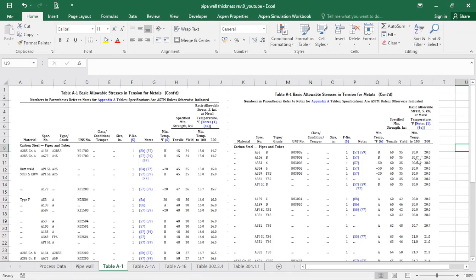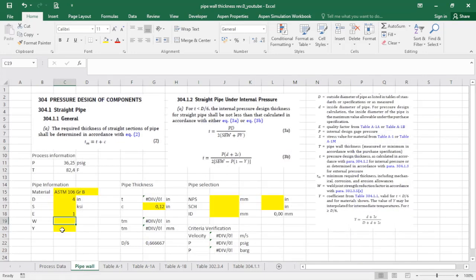So based on that, I can see that my allowable stress is 20 ksi. So when I return to my calculations, I will add the value of 20. And now I need to find the value for W. So W, I will go to the table